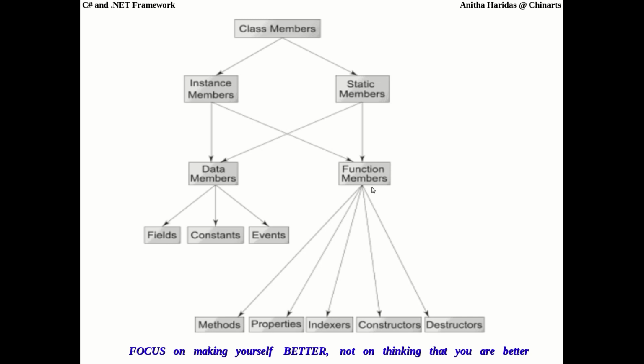Whereas if you take the function members, your normal methods can be called function members, or if you define some properties or indexers, those will also be function members, or your usual constructors and destructors are also function members.